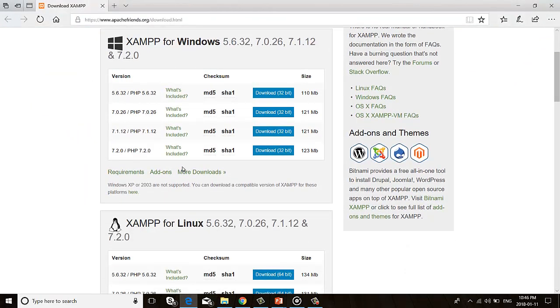I will download PHP version 7.2.0 XAMPP server for Windows. This setup file is compatible with both 32-bit and 64-bit operating systems. Click on this download button.